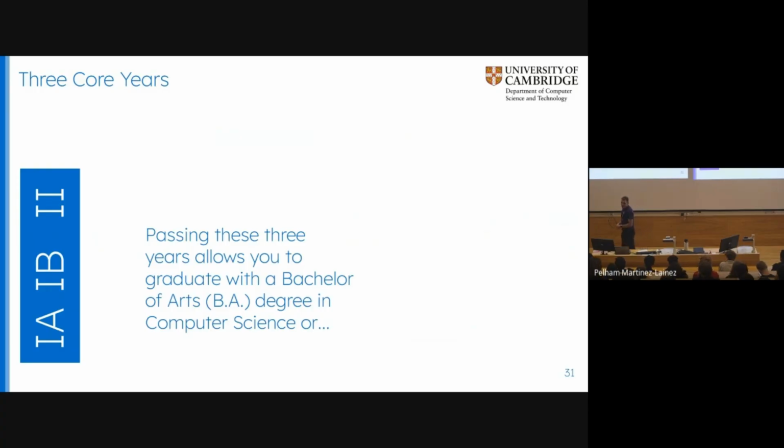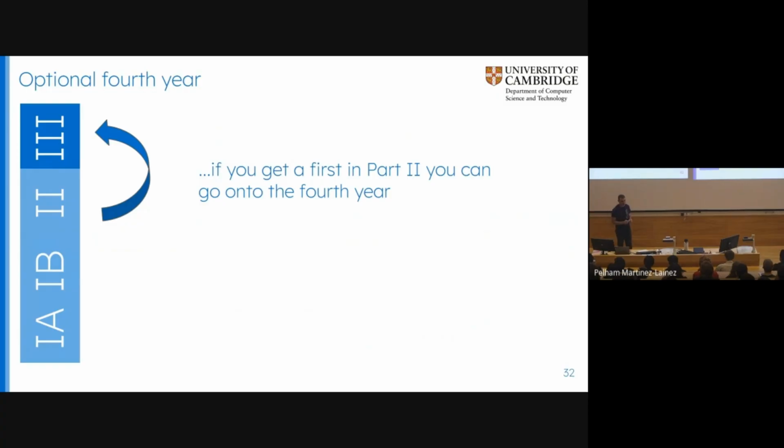Now you could graduate with a BA, or you could go into part 3, which is our 4th year. However, there are some things you need to understand. First of all, you have to decide to go into part 3, and we have to decide to let you go into part 3. So at the moment, making that transition requires you to get a first in part 2 to go into part 3. And again, part 3 is the 4th year. Out by 1 error is pretty common. So we get a first in part 2, you get into part 3 if you wish to.